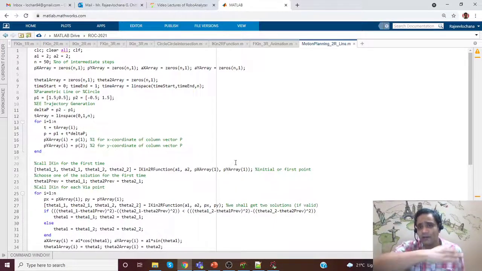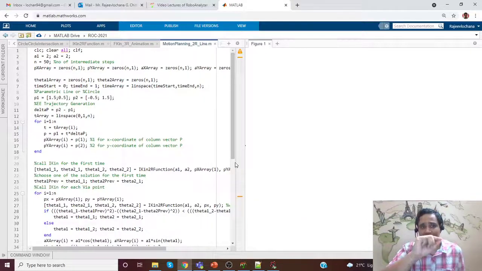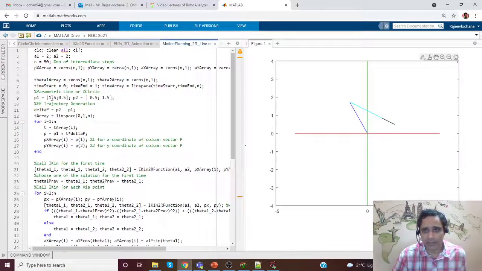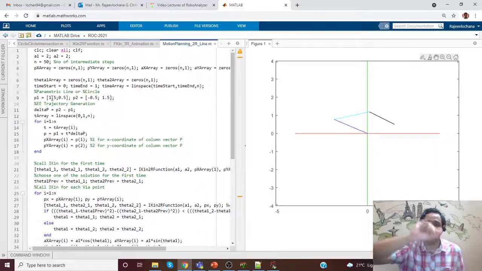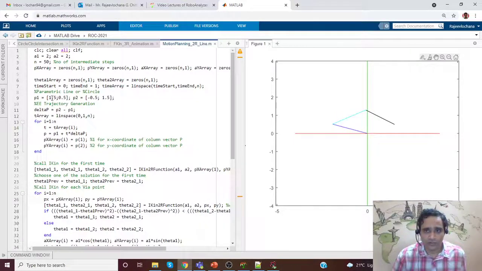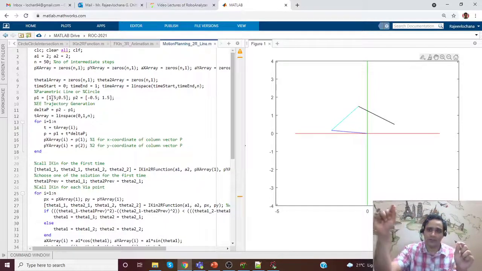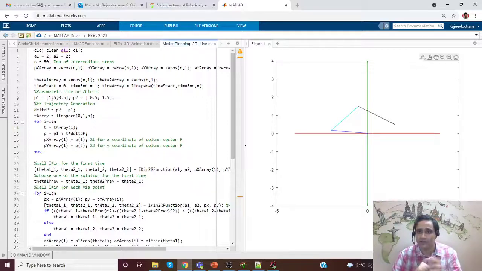So there is a 2R planar robot. We are asking the tip of the robot to trace a straight line starting from a point P1 till point P2. As you can see, the dark blue is one of the links, the light blue is the second link. It's like our arm, it is trying to draw a line. So technically what is happening here is, from P1 to P2 we have divided different number of points, and for each of the points we do something known as inverse kinematics. The same analogy extends to a 6R robot also.